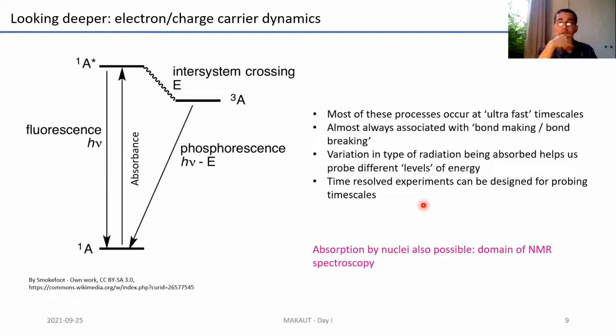but you can actually find out information from them. So this is the deeper picture when you go from the bond or molecule level to a more atomic particle level. Absorption by nuclei, by the way, is also possible. And this is the domain of NMR spectroscopy, which is present everywhere. I hope none of you have had to do this, but if you ever had to go for an MRI for any kind of medical reason, NMR is the basis of MRI-based imaging in medicine.